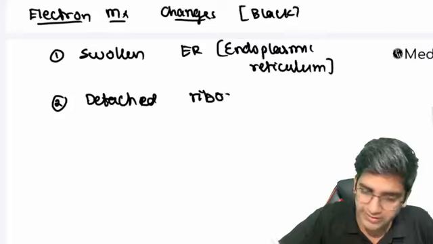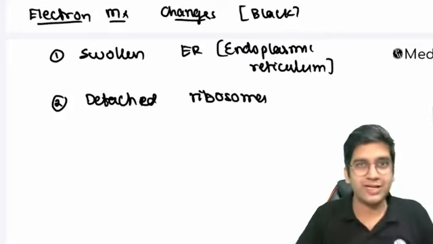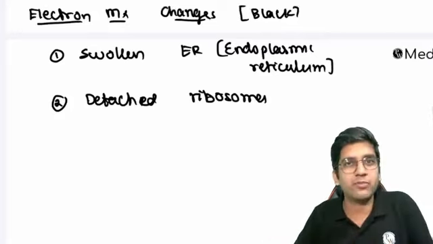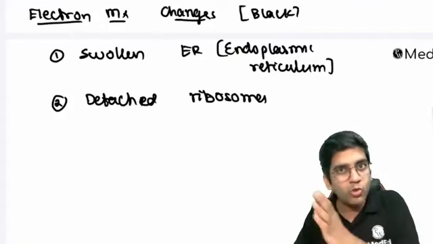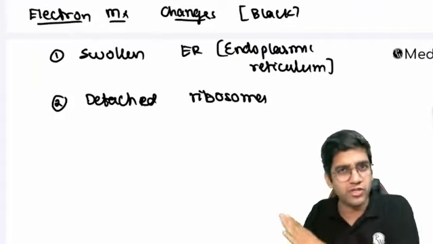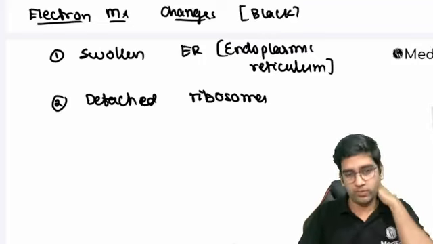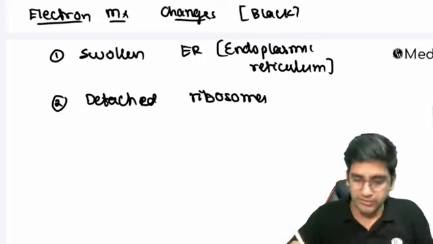The ribosomes will be detached. Once the ribosomes are detached, they will not be able to produce protein. Slowly I'm going toward irreversibility, right? Okay, ribosomes are gone. Perfect. I know about that. Third thing,